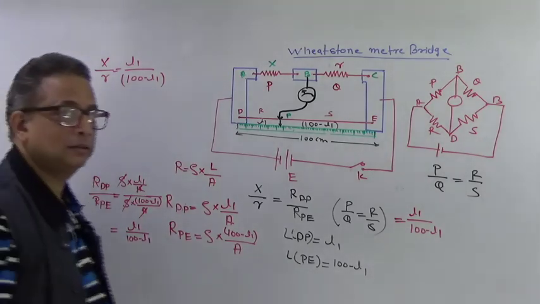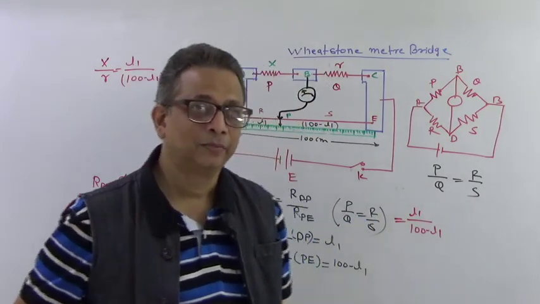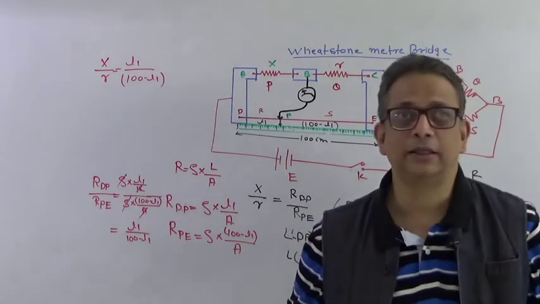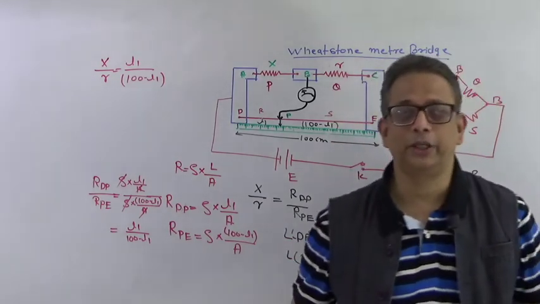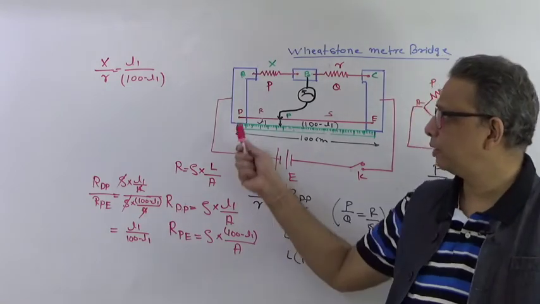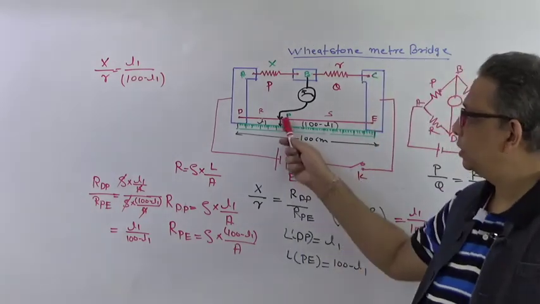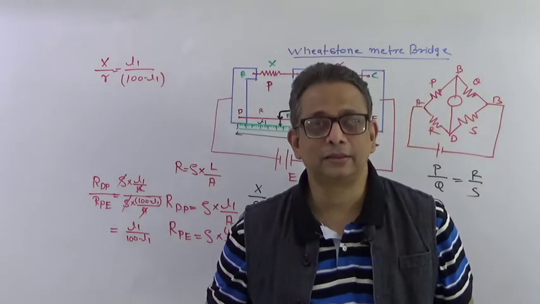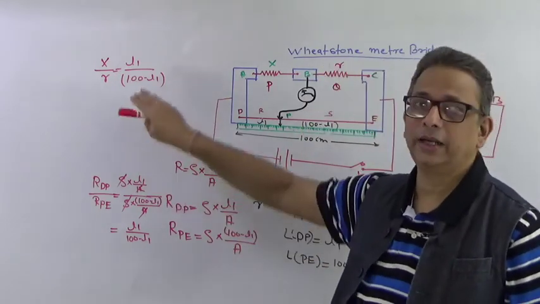L1 is the length from the left hand side where the bridge is said to be balanced. You have to be very conversant with these words, balancing of a bridge and the length L. You will be given many problems where they say the Wheatstone bridge is balanced at a length of, say, 20 centimeter. That 20 centimeter is always from the left hand side, right? They will not give you the length PE because you are expected to know that for a Wheatstone bridge the total length is always 100 centimeter, 1 meter. So it is always going to be 100 minus L1. That is why it is written in this equation.